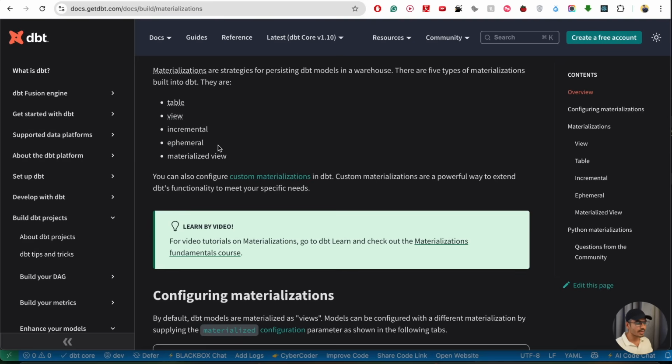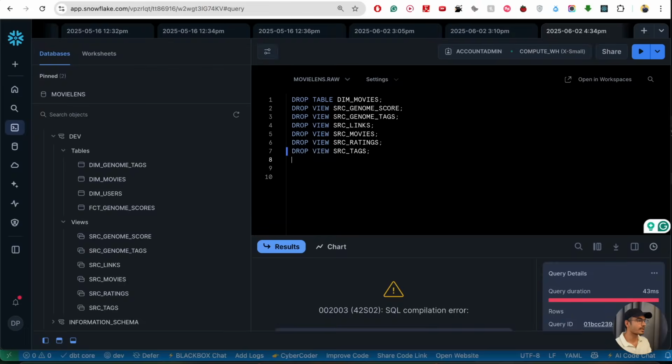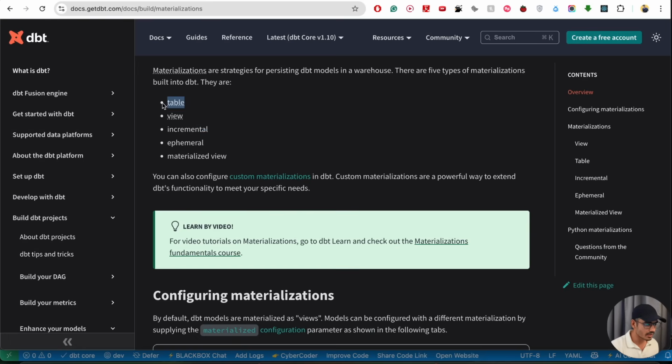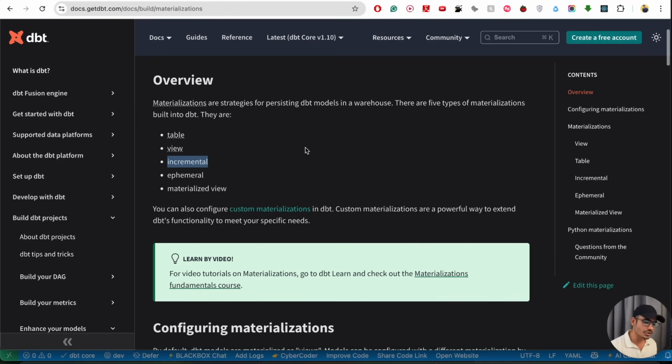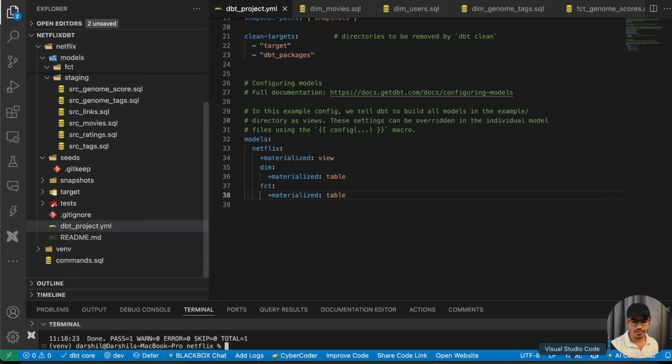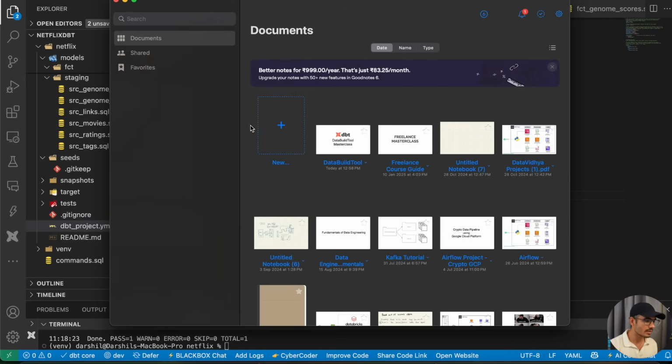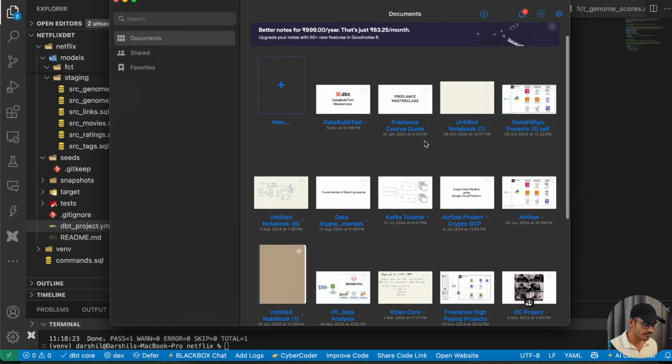Let's try to do the ephemeral and the incremental materialization, okay, to understand what is happening. So till now we created our table and the view. Now let's try to create the incremental materialization, right? Let's try to see how they work. And in order to understand the incremental materialization, there is one concept that we really need to understand, that is called as a,